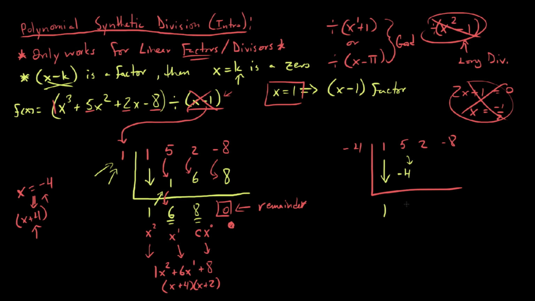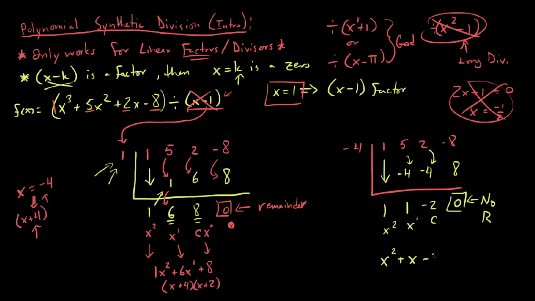So now we'll add. 5 plus negative 4 is 1. 1 times negative 4 is negative 4. 2 plus negative 4, we're adding now, is negative 2. Negative 2 times this leading thing is positive 8. So negative 8 plus 8 is 0. So again, there is no remainder. Also, this is our constant. This is our x to the first term in our quotient. This is our x squared. So we were left with 1x squared plus